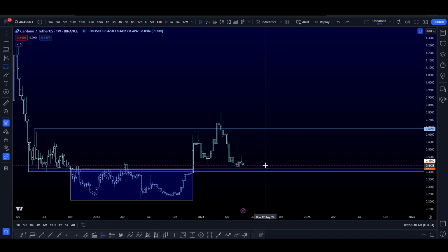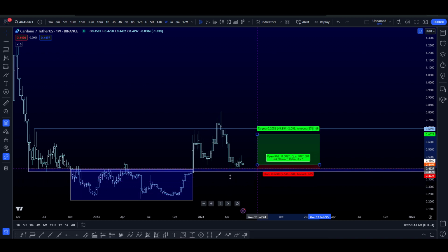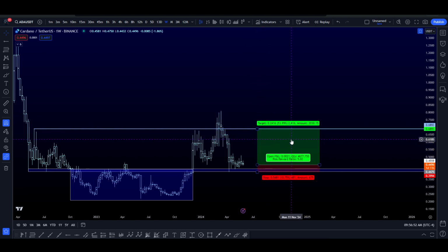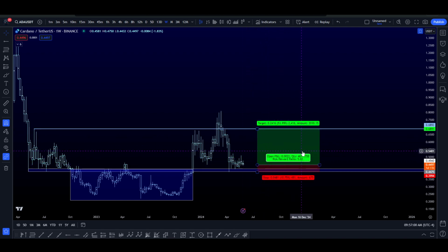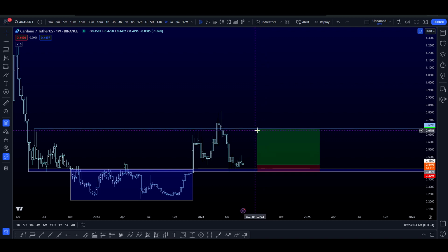Now if you were to enter a long here, right, not financial advice, but if you were to enter a long, stop loss below the previous wick, this range is about a 55% range, right? So if you're very conservative, you're not trading with high leverage, you could enter a long here, not financial advice, or I would enter a long here and just hold it until it reaches this level. It takes some profits, maybe 75%, and see if price will attempt to flip this level into support. If I see it start holding this level, then it'll be smart to add back to the position, right?